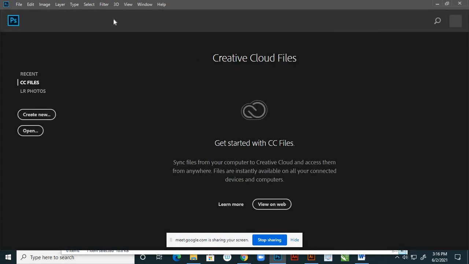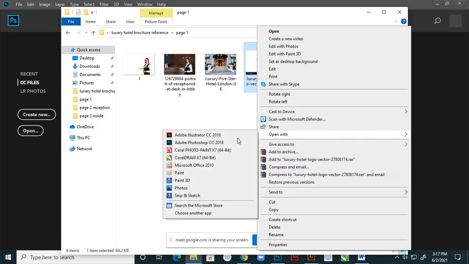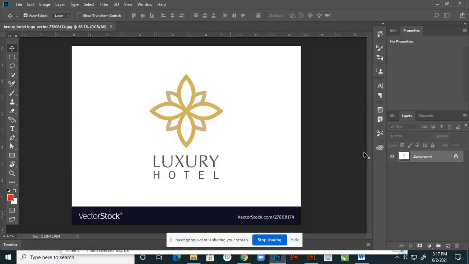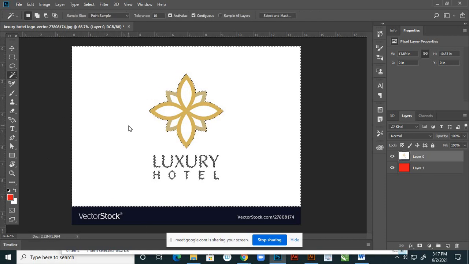And again see this other image. Yes, logo. So right click and open with Photoshop. Yes, here I want to remove this entire background. Come here and use the magic wand tool, because this is a plain, single color, right.